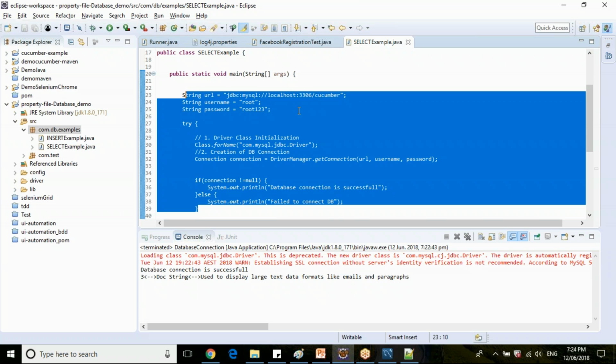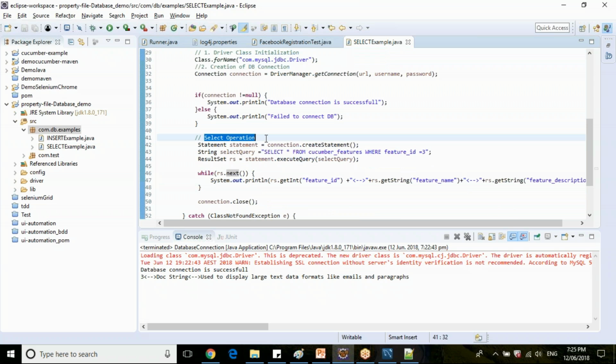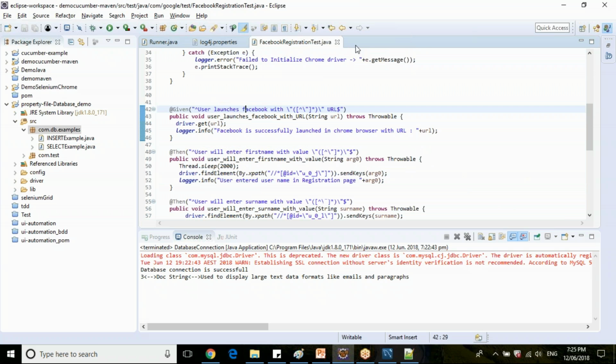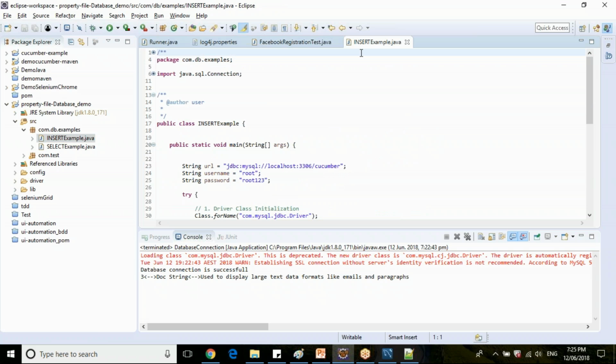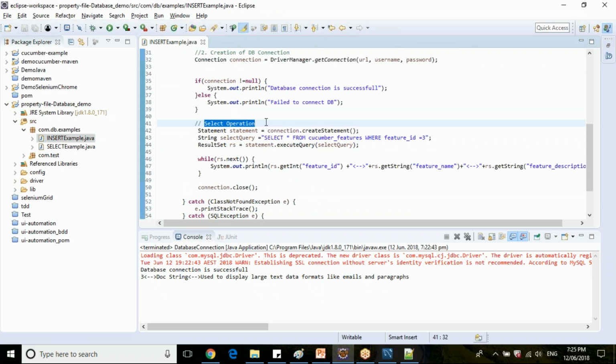We need an active connection to work with the database, correct? After that, instead of the select operation, we need to write an insert into the database.